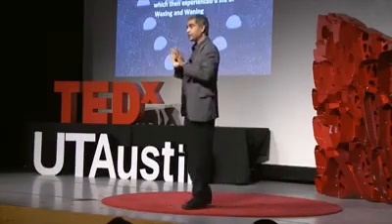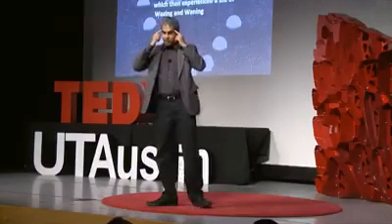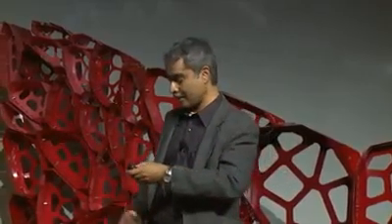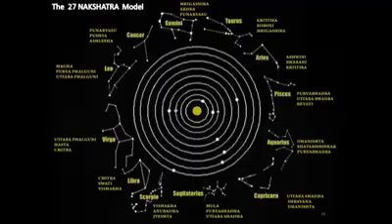Now, it's not enough to just divide it into sections. You also need to be able to recognize these sections. So they looked for the brightest stars in each of these sections, and they named each of those stars for one of the wives of the moon. These were the nakshatras. Nakshatras are loosely translated as the lunar mansions. So the 27 nakshatra model is exactly that.